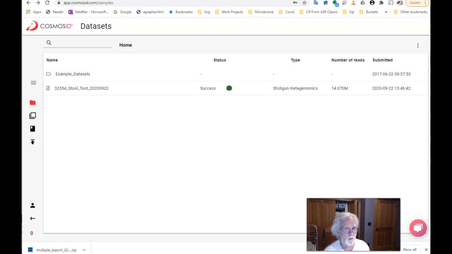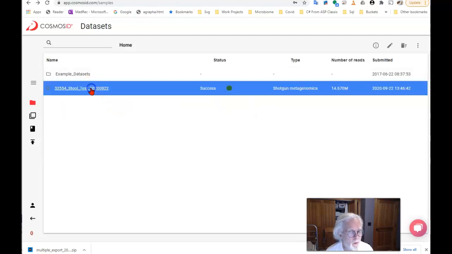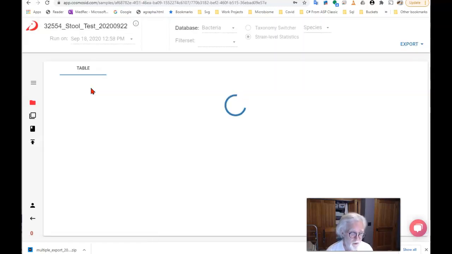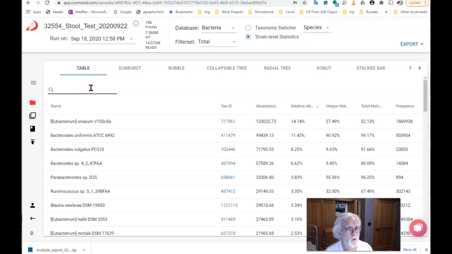Hi, this is a quick video to show how to download information from CosmosID and then to be able to upload it to Microbiome Prescription. So here we have, after you log in, you see your example sets. If you click on one of them, in this case just one,